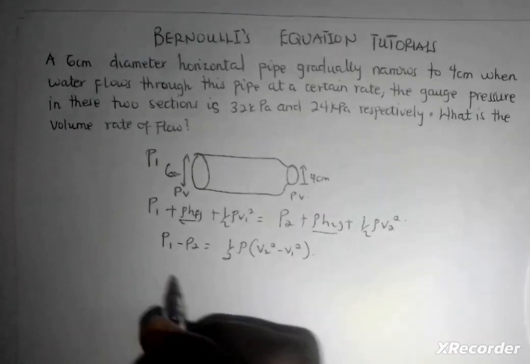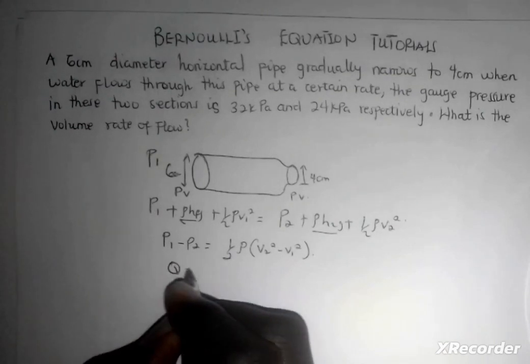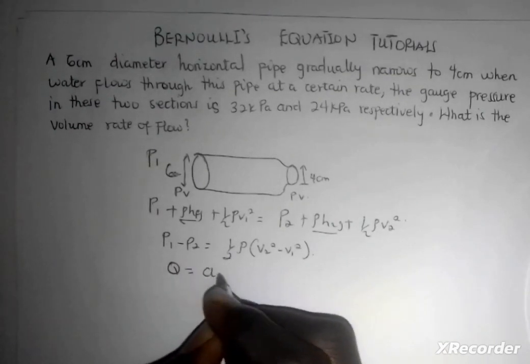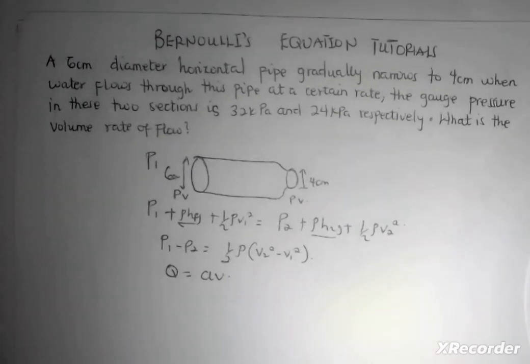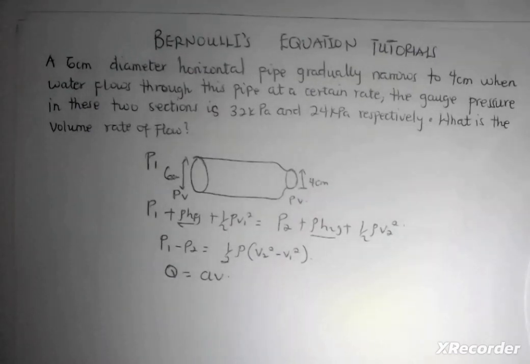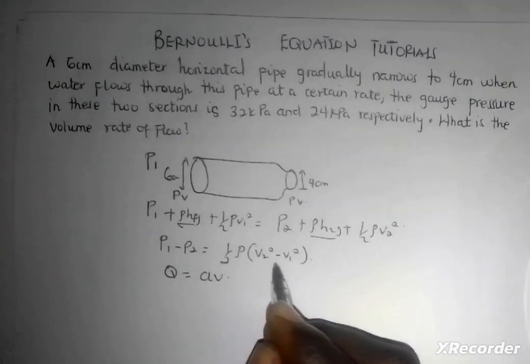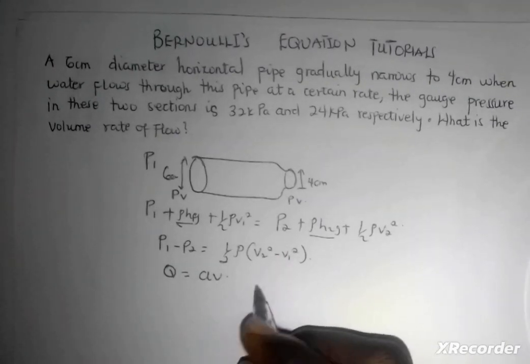So let me put it down. The flow rate, let's say Q, is equal to area times the velocity. So right now we need a change in velocity, and we also need to find the area. Now in the Bernoulli's equation we can't have the area directly, but we can find the change in velocity from that. So from here what you are going to do is make the change in velocity the subject, and you are going to get